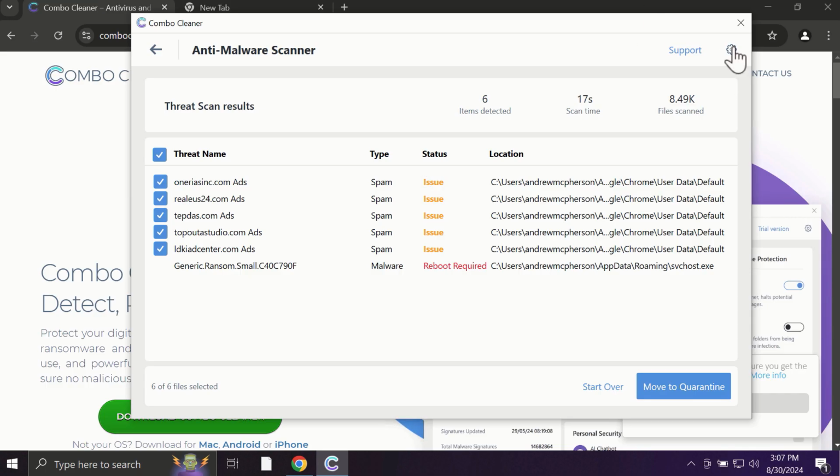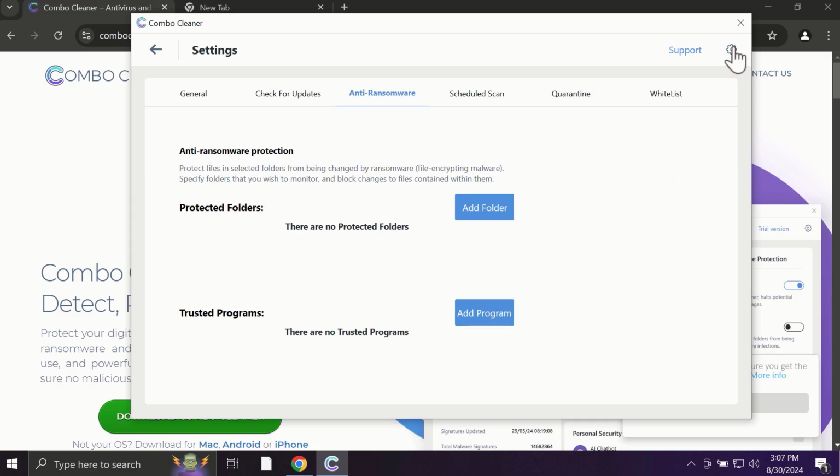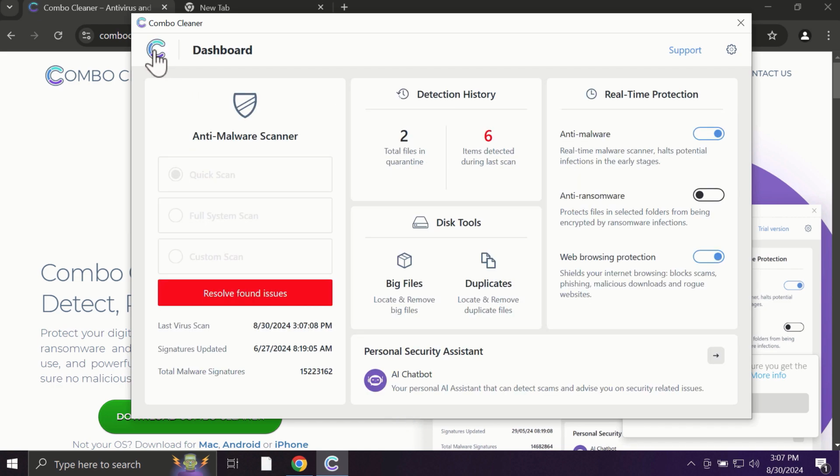With premium license, for instance, there is an excellent anti-ransomware feature which helps to always keep your data protected. You can add certain folders on your system, and the contents of these folders will be always under the protection against ransomware attacks. And Combo Cleaner works exceptionally well when it comes to identifying contemporary threats like adware,